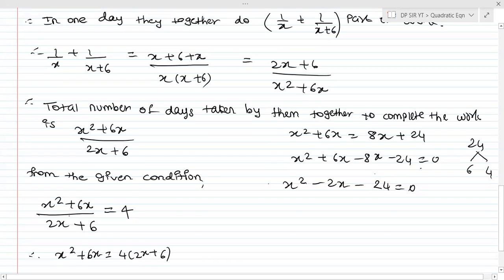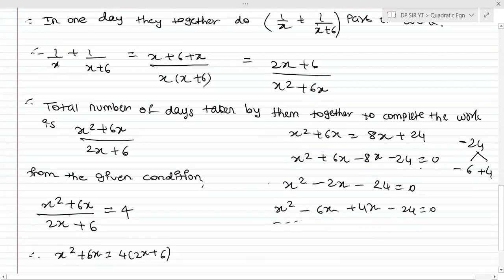साइन देख लो अभी बस. तो एक जगह माइनस आ जाना है, एक जगह प्लस आ जाना है. I want minus 24 to be very honest. ठीक है. So here it's going to be x square minus 6x plus 4x minus 24 is equal to 0.